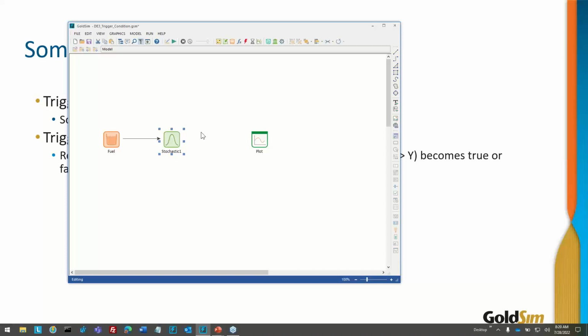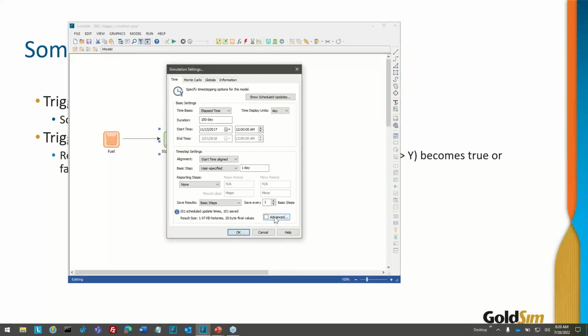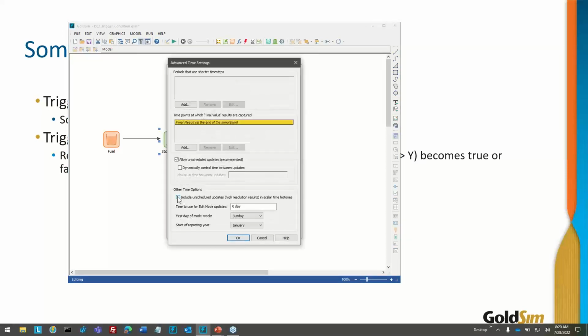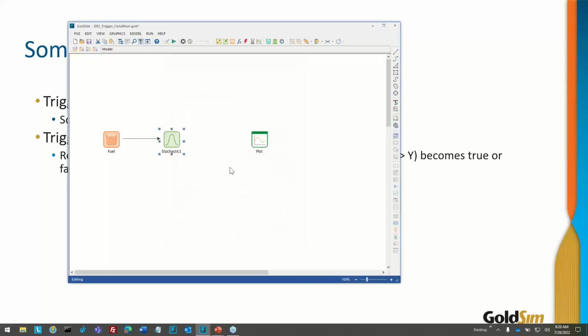In a water management model, the most important of these is when we hit an upper or lower bound, GoldSim inserts a time step at that point to represent it accurately. Well, we're going to do the same thing when an event occurs. So if I come in here, I'm going to actually monitor this. I'm going to say include unscheduled updates in time history. So I want to actually see this just to demonstrate to you that this is happening in the middle of a scheduled time step. If we now run this model,